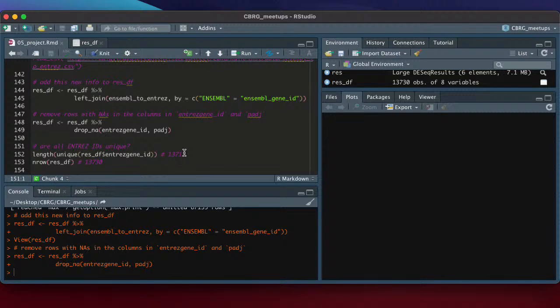A lot of times there are packages where, if you put in duplicate information, the functions just won't work. They need to have unique information. In this case, I'm not especially sure if the functions that we're going to use later on require unique IDs, but I've put this here anyway, just to ensure that all the Entrez IDs in your data frame are unique. One way to do that is to run this line of code here, and this tells you how many unique Entrez IDs there are.